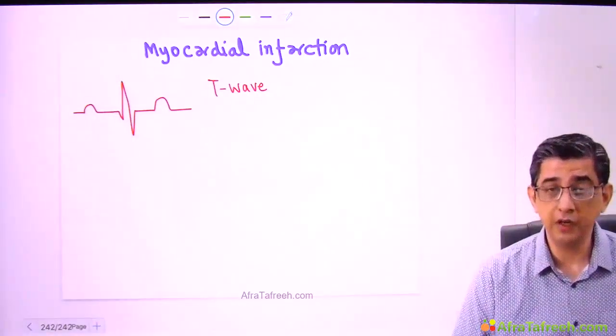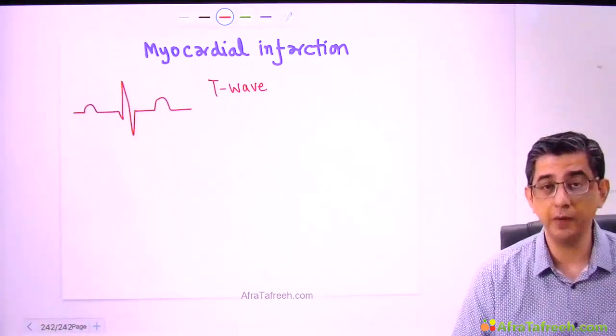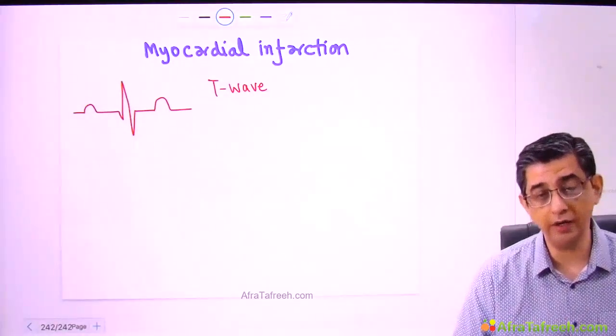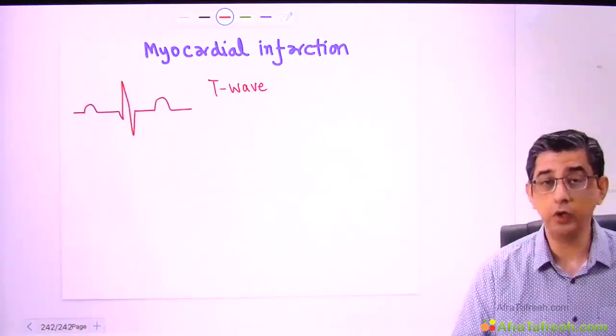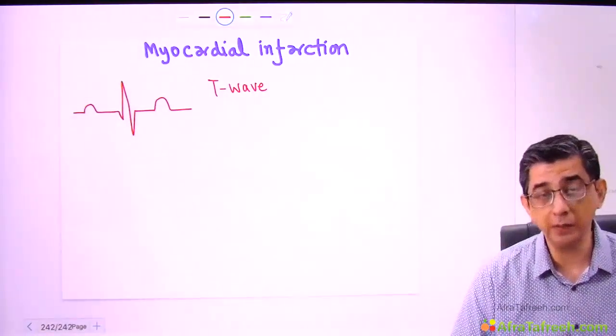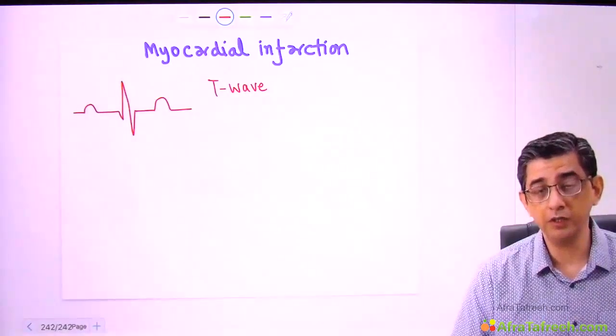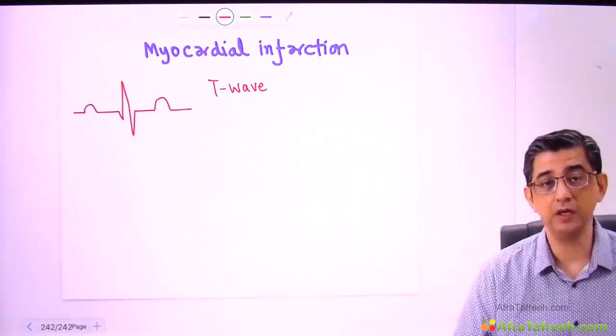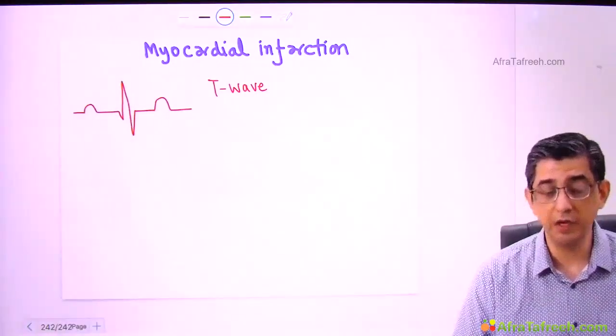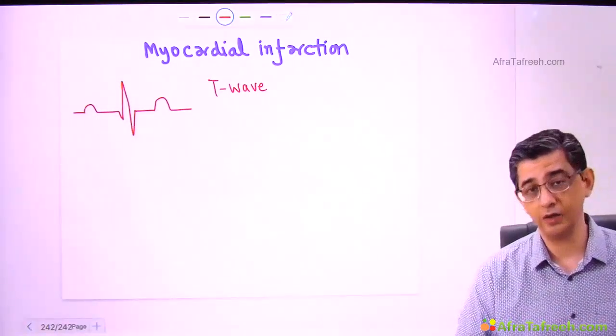Now, this increase in the height of the T waves would be called hyperacute T waves and not tall tented T waves. Where do you read about tall tented T waves? Well, that would be hyperkalemia. But in myocardial infarction, the main point I want you to remember is the earliest ECG finding is hyperacute T wave, and I'll now demonstrate before you how it actually looks like.